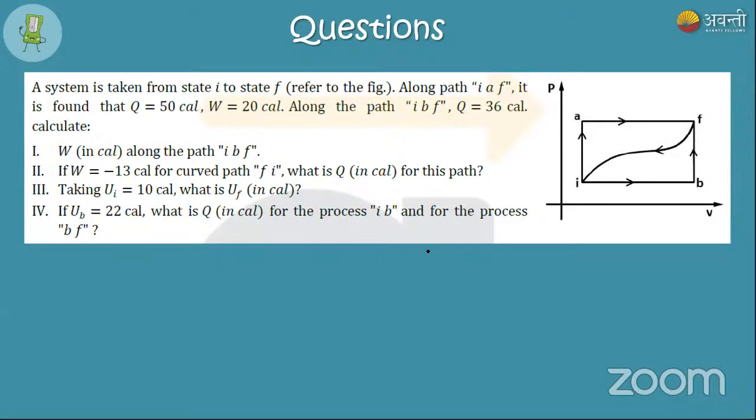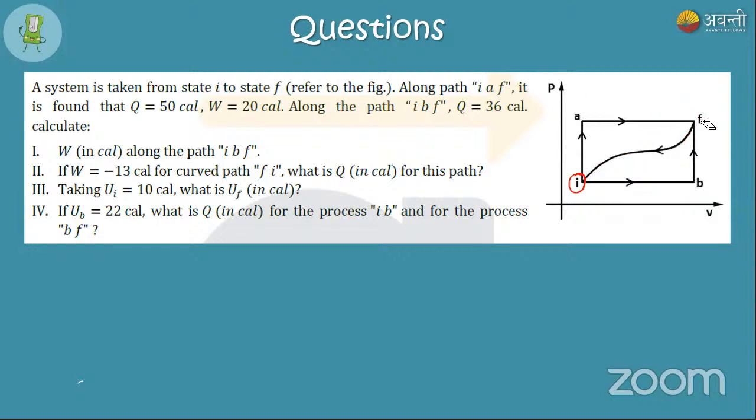Yes. So this is one simple question which will give you much more idea about many problems. Try to understand this question very clearly because it has all the parameters you need to understand. Our system is taken from state I to state F. The process starts from here and goes to F along two paths. It can go along IAF or along IBF. So there are two different paths, I call them path A and path B. And it can come from F to I in this particular way.